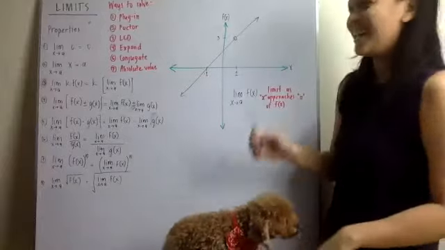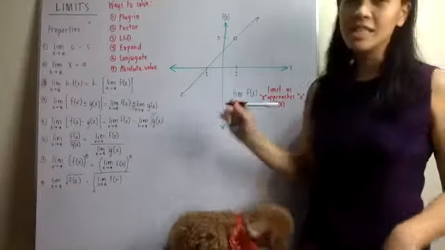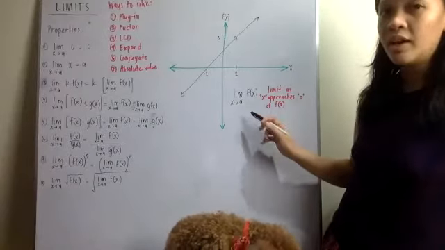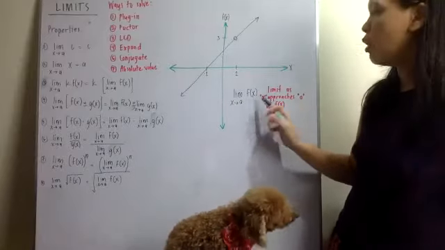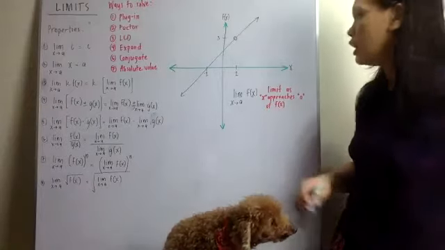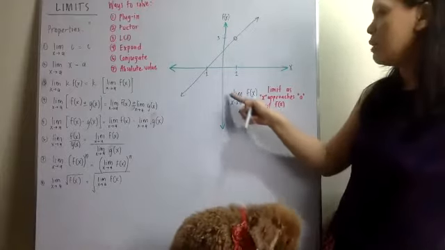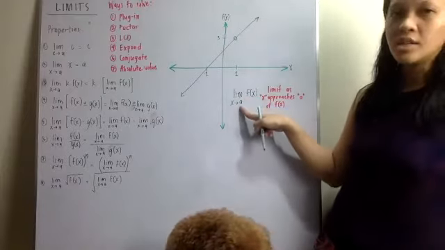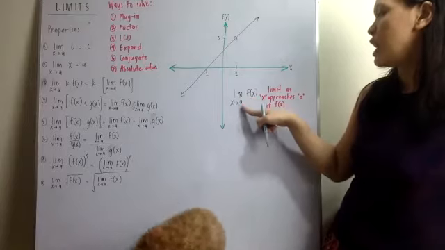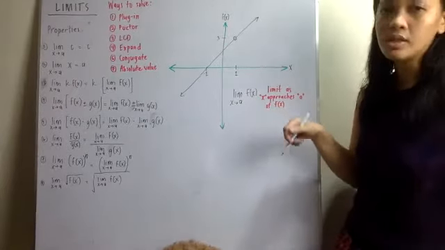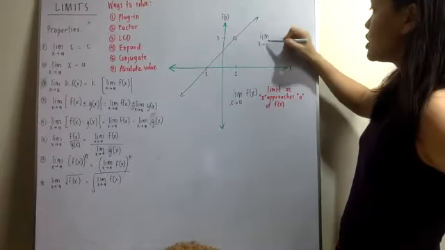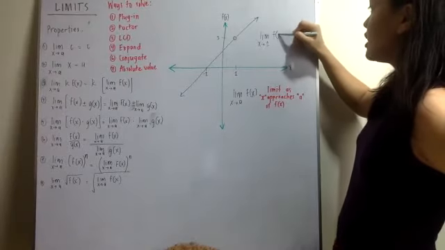Okay, so pagdating sa limits, ang sinasabi lang ng limits actually is that hinahanap niya yung value ng function mo or ng f of x mo kapag yung x mo nag-approach ng certain number. Okay? So for example, ito binabasa natin as limit as x approaches a. So any number yan, pwedeng integer, minsan fraction din. As x approaches a of f of x. Okay? So for example, if meron tayo nito, limit as x approaches 1 of f of x,